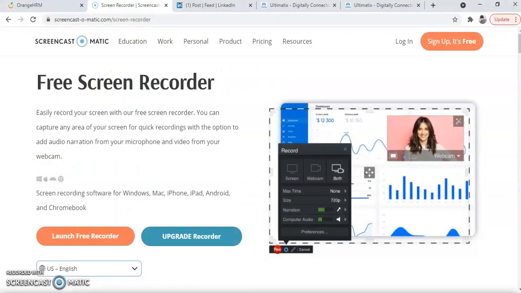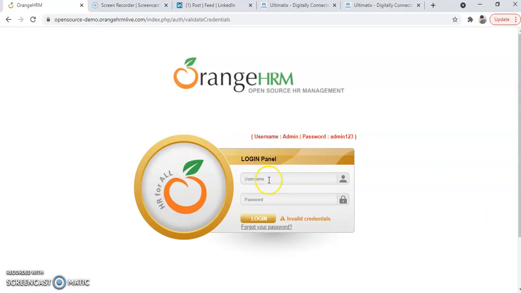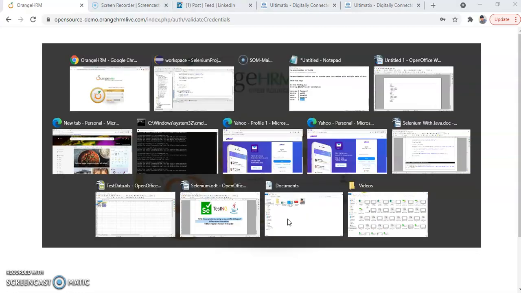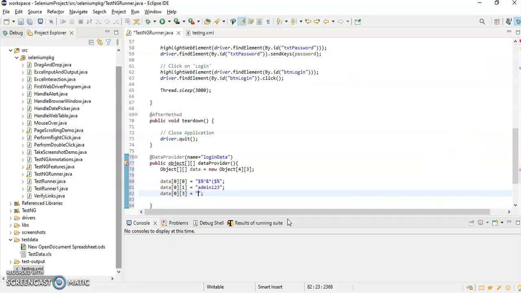So if I go here, this is my Orange HRM application. So if I enter anything wrong, say some invalid value, and if I hit enter, it is going to show me this invalid text. So I'm gonna take it and write it over here.